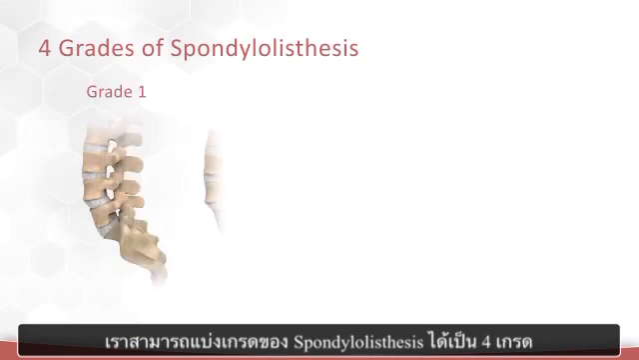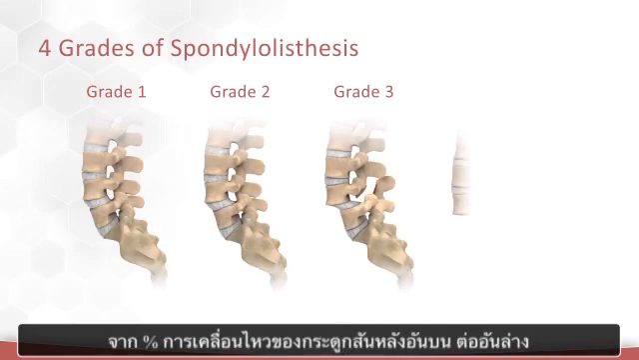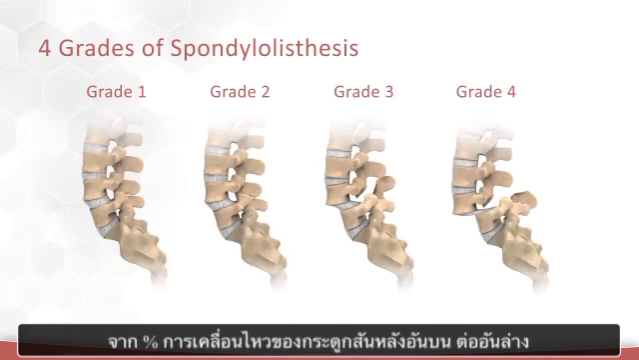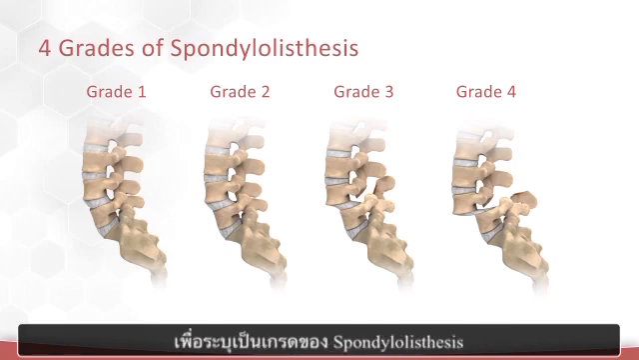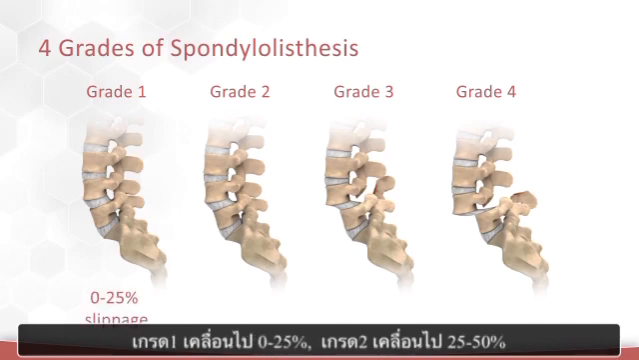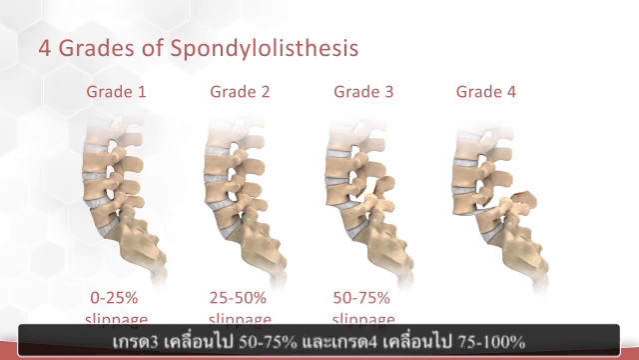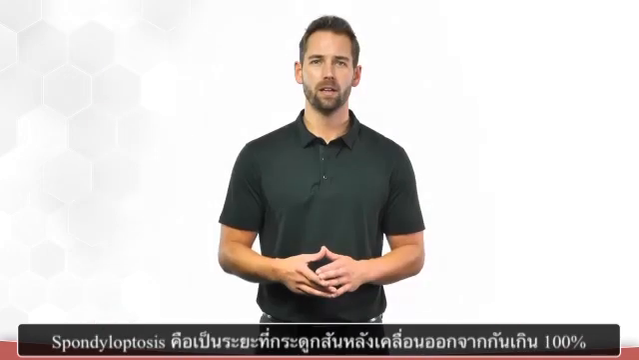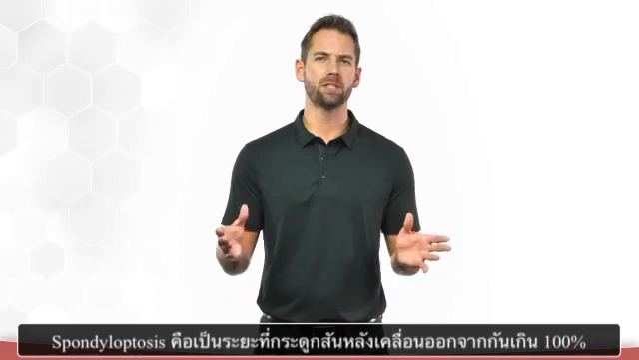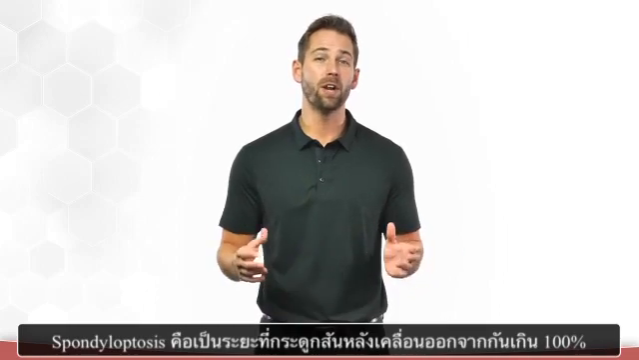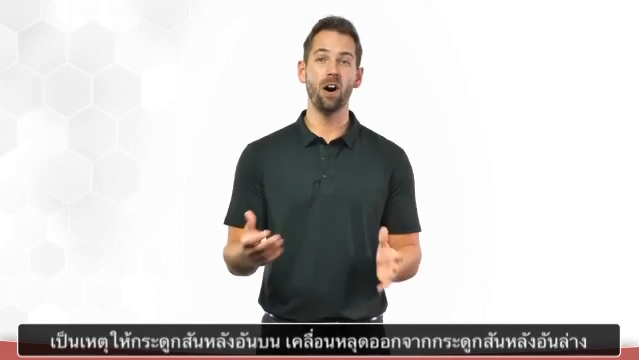There are 4 grades of spondylolisthesis. The amount of forward displacement, or subluxation, determines the grade of the spondy, as it is commonly referred to. Grade 1 is 0 to 25% slippage, grade 2, 25 to 50%, grade 3, 50 to 75%, and grade 4 is 75 to 100%. Spondyloptosis describes a scenario in which the spine is more than 100% displaced, essentially falling off the top of the